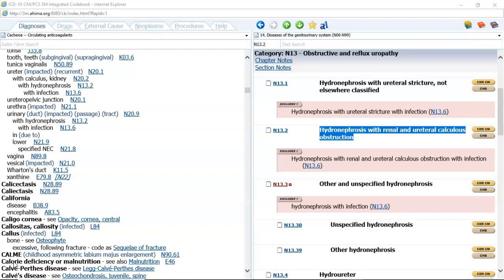But UTI is commonly used when physicians are referring to cystitis, urethritis, or even pyelonephritis. These codes are assigned based on the site of the infection if it's known. So if a patient had cystitis, you would only assign the code for the cystitis. So the UTI code,